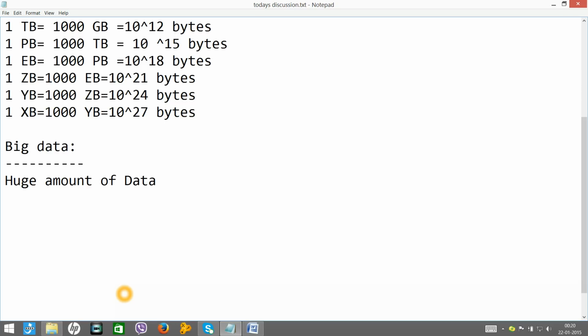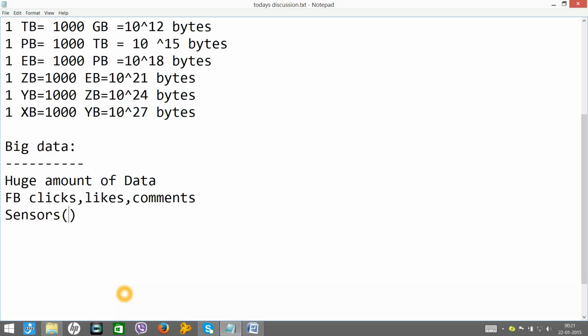And this sort of data gets generated usually from end users. As an example, Facebook clicks, likes, comments. Again, let's say sensors. What sort of sensors?